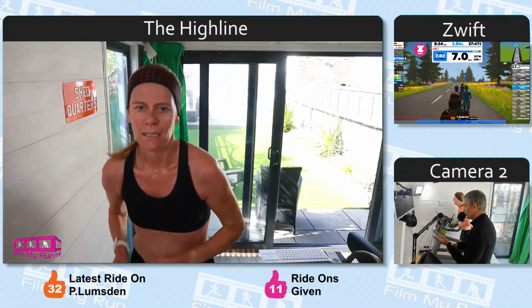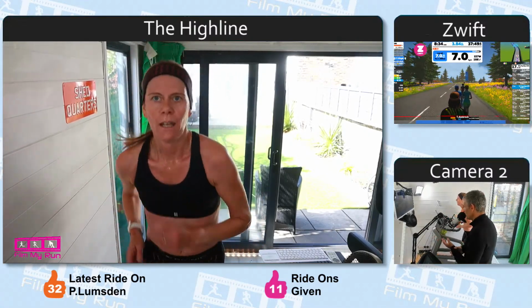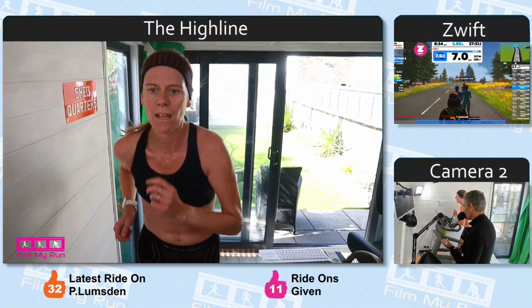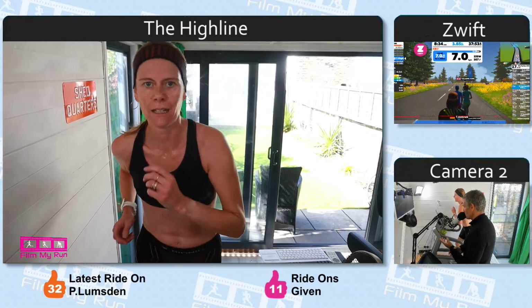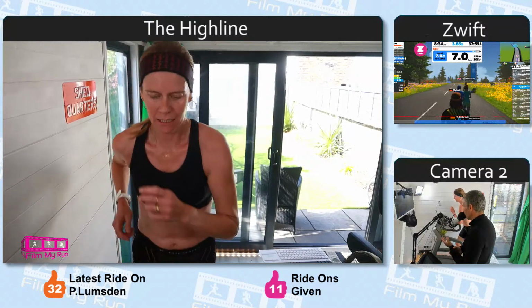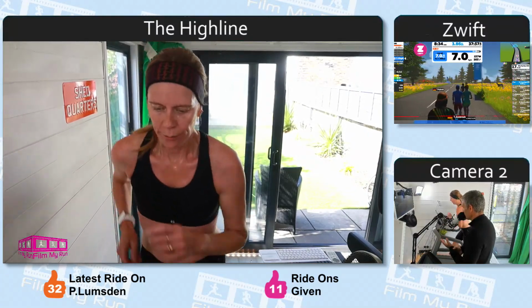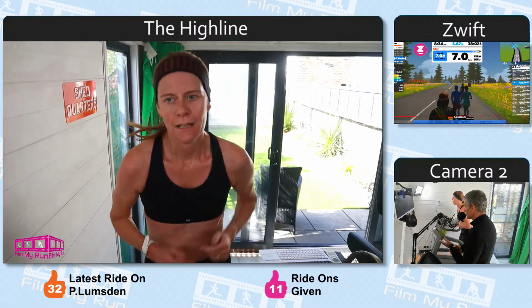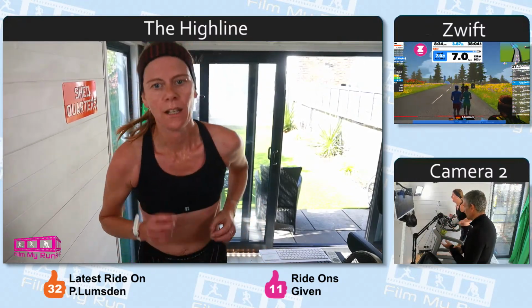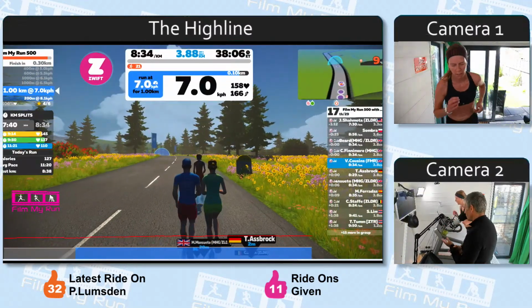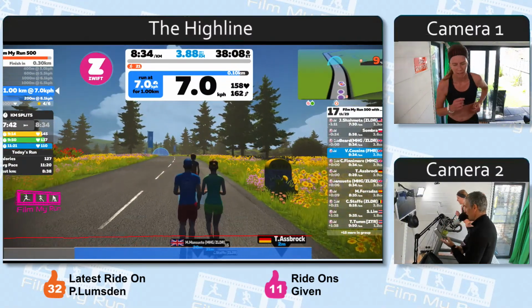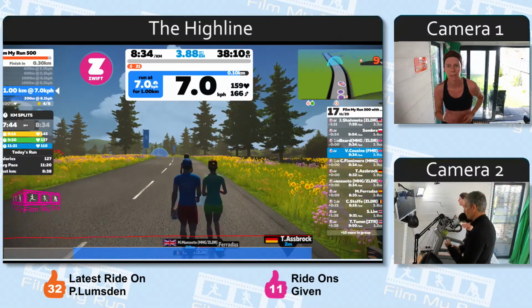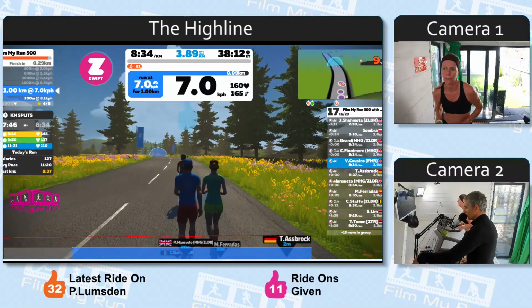Of course, I got to checkpoint 8 90 seconds too late, and was timed out, and so I couldn't complete. I wasn't allowed to complete the last 10k of my race. But if I'd not faffed about at the aid station, if I'd been a bit quicker down the hill, I would have made it with plenty of time to spare to checkpoint 8, and I would have finished the race. But there we are. Never mind.